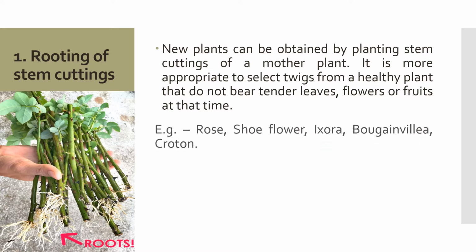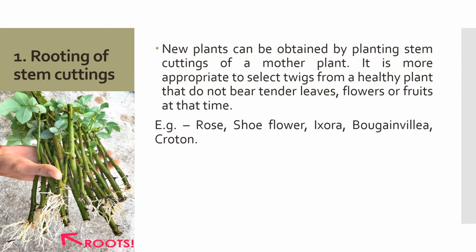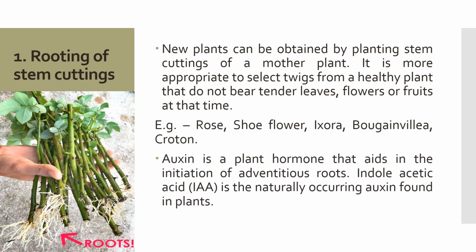For example, we use rose plants, shoe flower plant, Ixora, bougainvillea, and croton for obtaining stem cuttings. So we separate the new branch from these types of plants